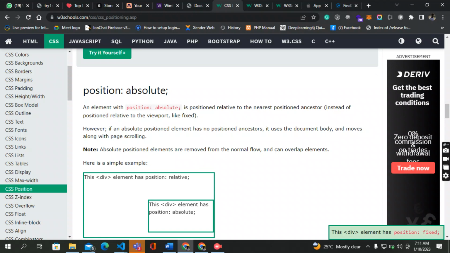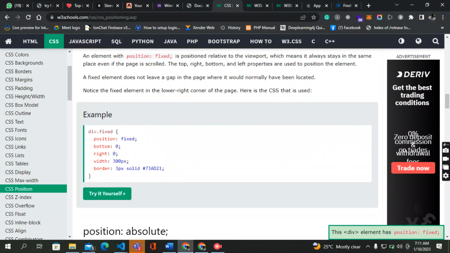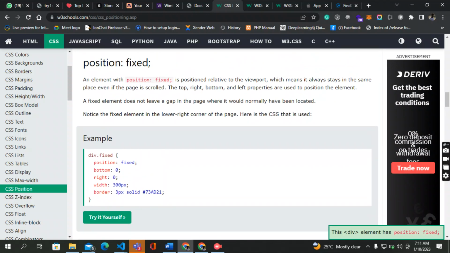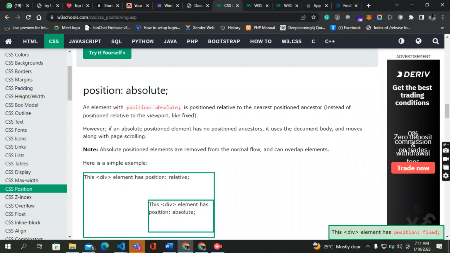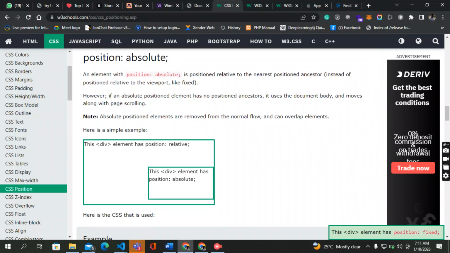So if an absolute position element has no positioned ancestor, it uses the document body and moves along with the page scrolling. So the difference now is, fixed position works with the viewport, but the absolute position works with the nearest